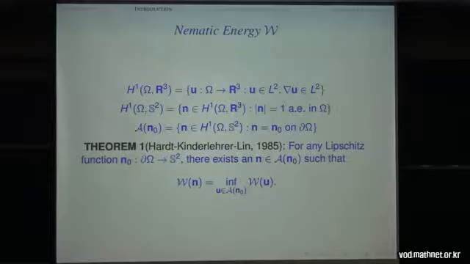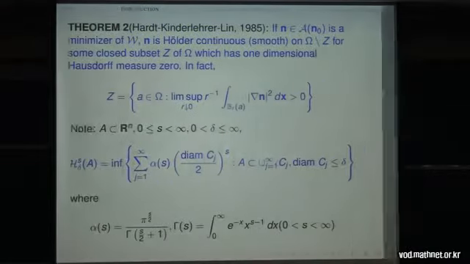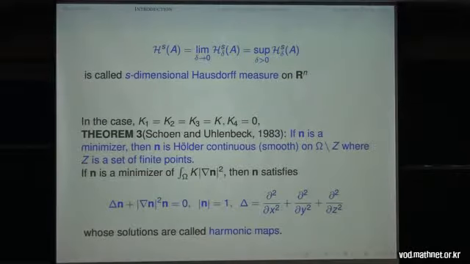So one of the basic important works for this energy, on the existence and partial regularity, was done by Brezis, Hardt, Kinderlehrer and Fang-Hua Lin. And there are many works that studied this energy, as I already told you, in the 1980s and 90s. But one of the famous ones is when these constants K1, K2, K3 are all the same,